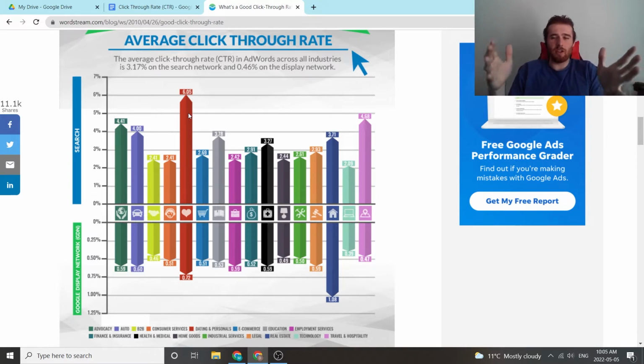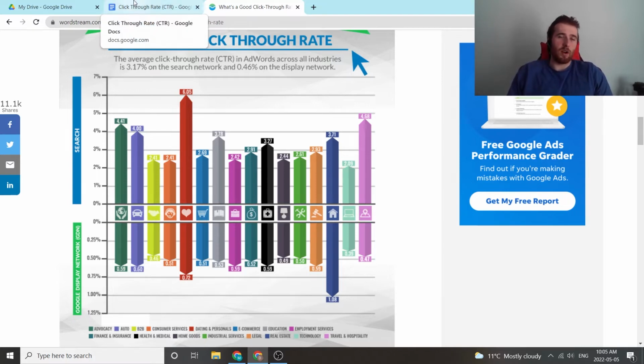You can't really give a general overall click-through rate of, this is the best click-through rate and you should aim for it. Always try to aim higher. Even if your click-through rate is 2 or 3%, always try to bump it up. Maybe 2% for your industry is really good. I don't know. It's different for everyone, and you have to take that into account with your individual ad group